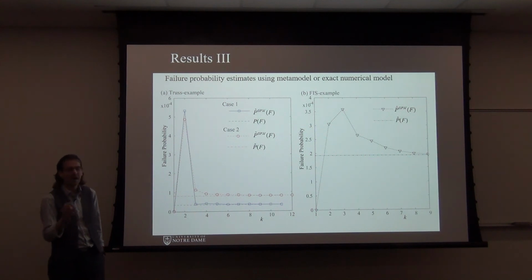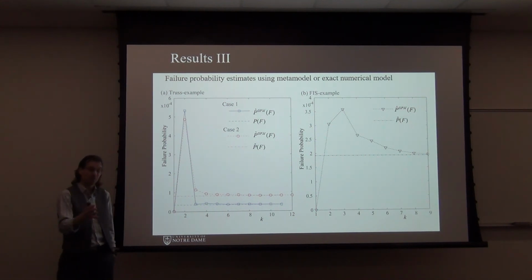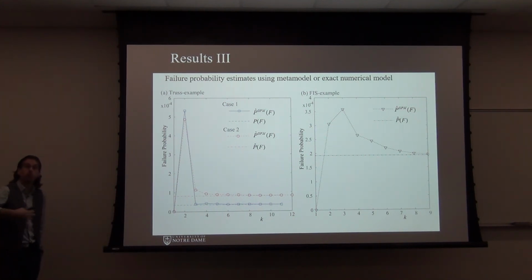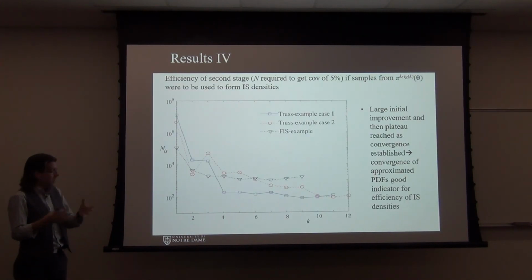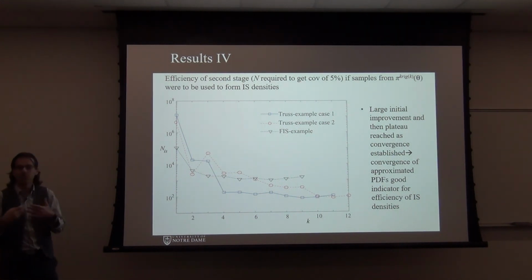But of course, what we are suggesting is, don't rely on your Gaussian process for estimating the probability of failure. Just rely on the Gaussian process and the approximation of the target density to inform your importance sampling densities. In that case, since I'm only using it for importance sampling, what are the benefits from that